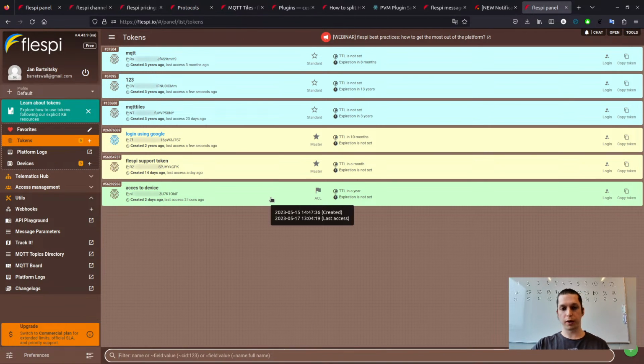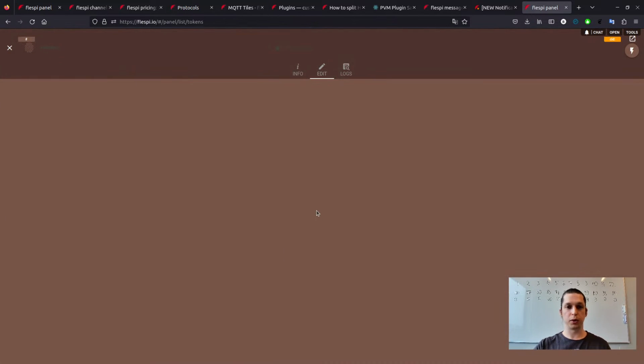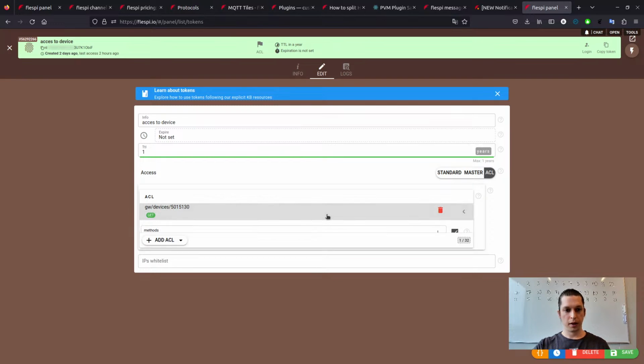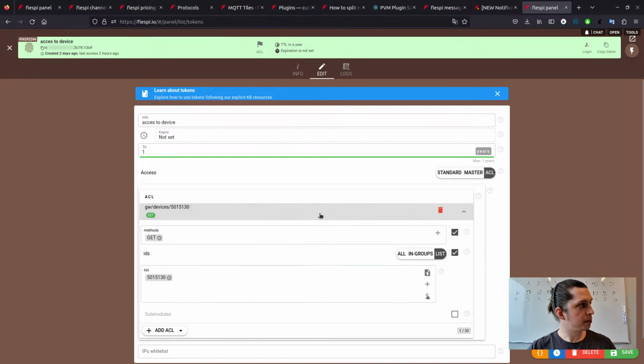Or, for example, you have a contractor that has to have read-only access for some certain device, or you want to share access to the device with the manufacturer that you have problems with. So you can create an ACL token, access control list token, for exactly one device in read-only mode.